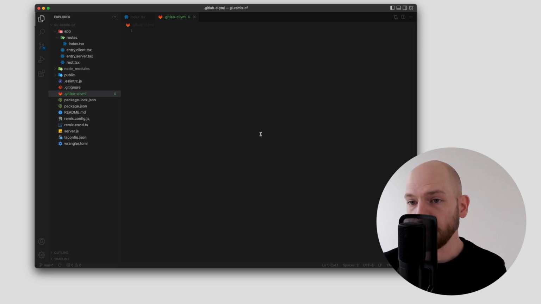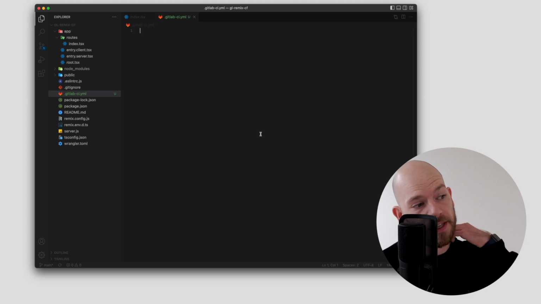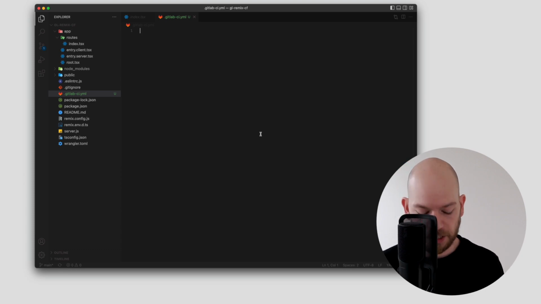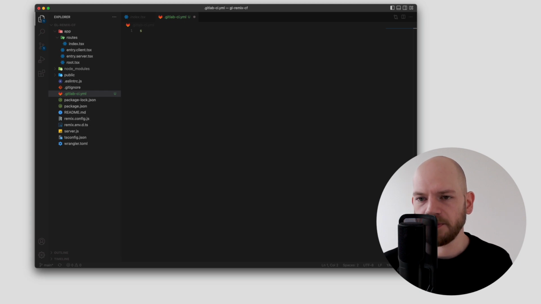But for now, we're going to work with a single deploy stage. So this is optional, but I think it's important to start that from the beginning. We're going to start with stages. This is basically a list of stages that your pipeline is going through. We only have a single stage for now,